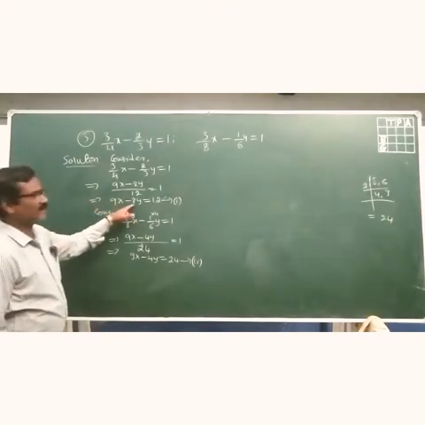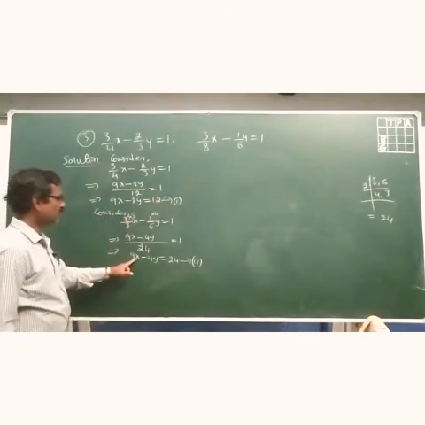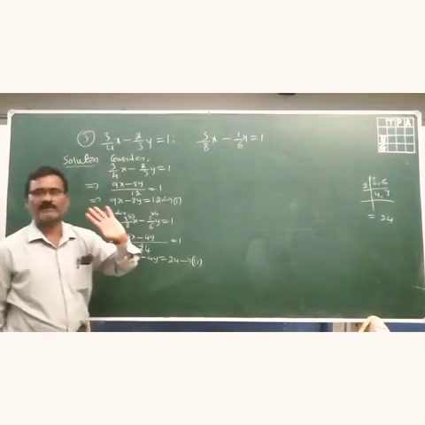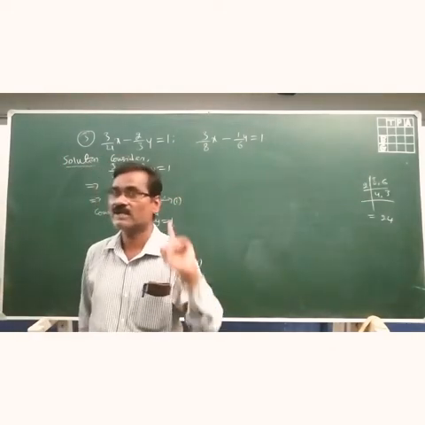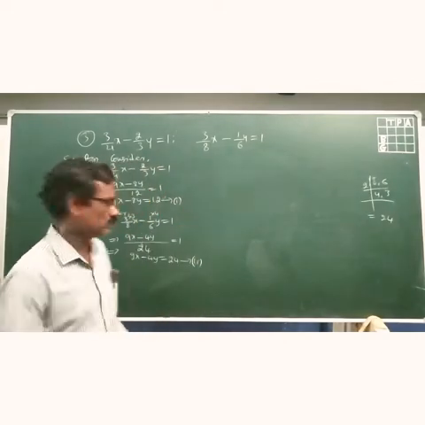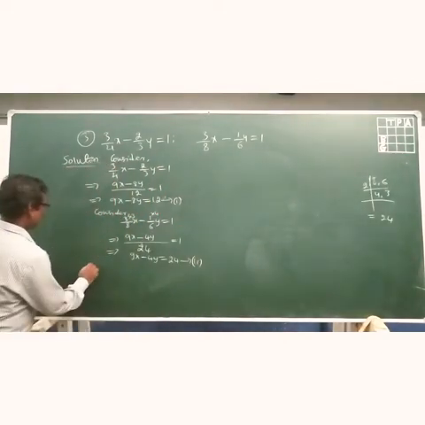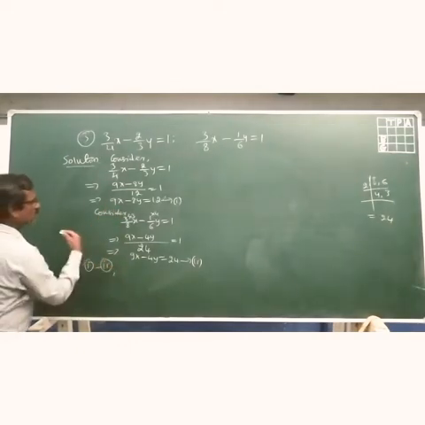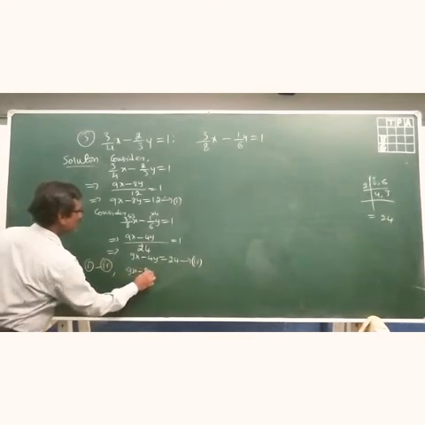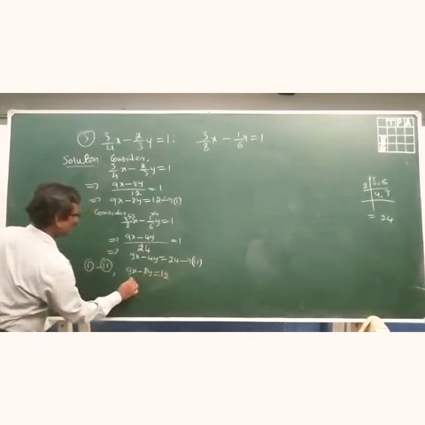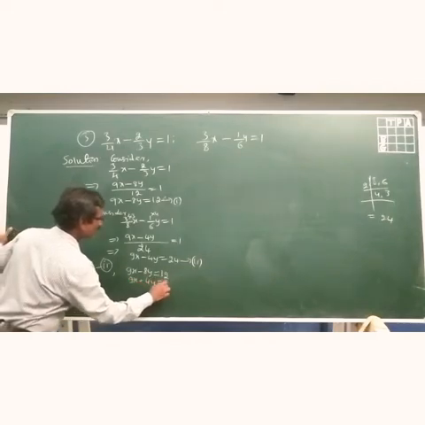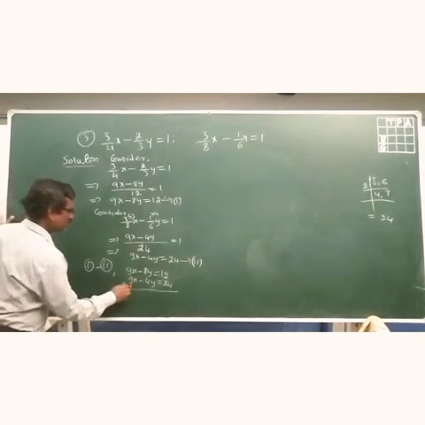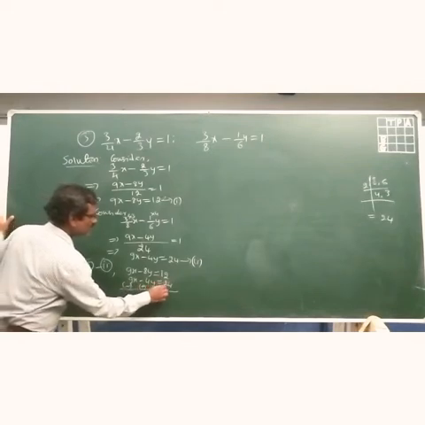Now equation 1, 9x minus 8y is equal to 12. Equation 2, 9x minus 4y is equal to 24. Observe here 9x is the same, so we can eliminate x directly without any multiplication, because 9 is the numerical coefficient for both. Now subtract equation 2 from equation 1. That is 9x minus 8y is equal to 12, again 9x minus 4y is equal to 24. On subtraction, you know that signs will get changed: plus will become minus, minus will become plus.